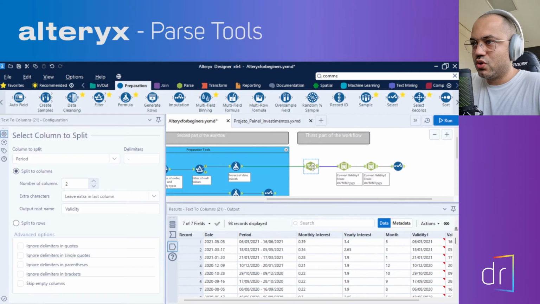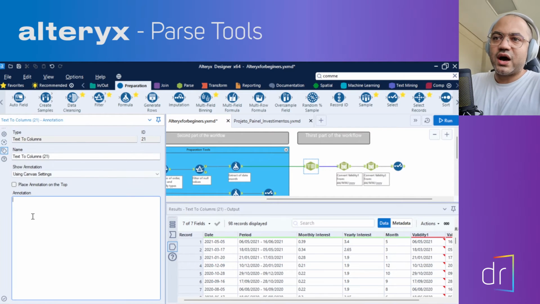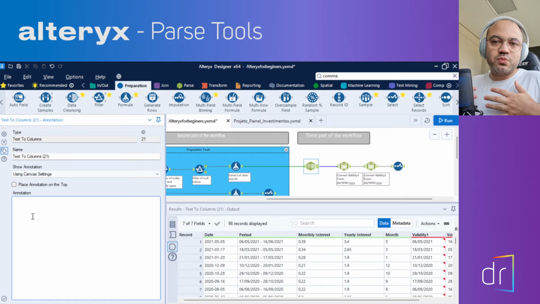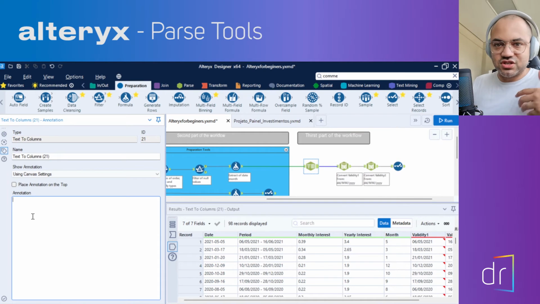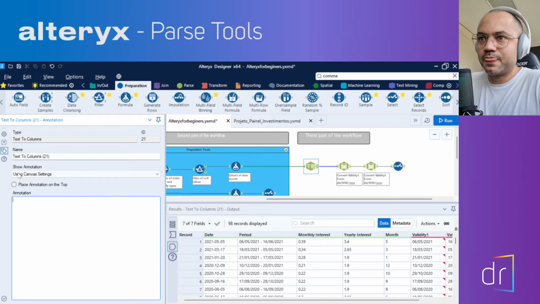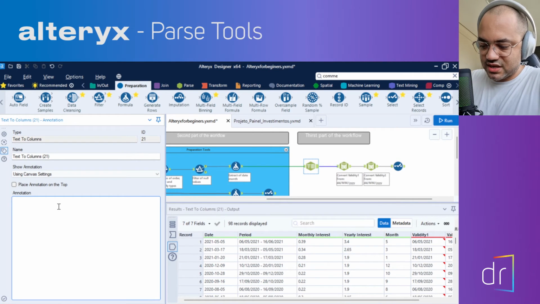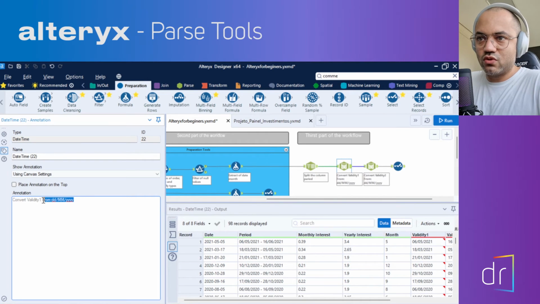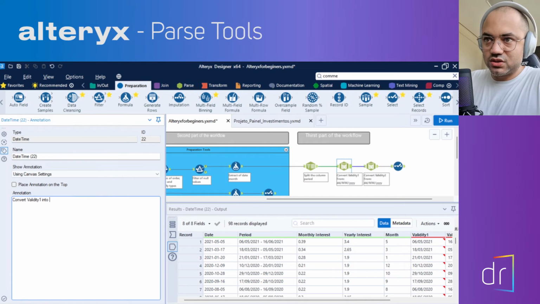Now we need to go into each tool to write some annotation. Remember, document your workflow. It's really necessary, because if someone else needs to check your workflow to do the same job, if you put some annotation, it will be easier for them. So just put in the annotation. In this case, I split the column period. This one I use to convert validity 1 into date,